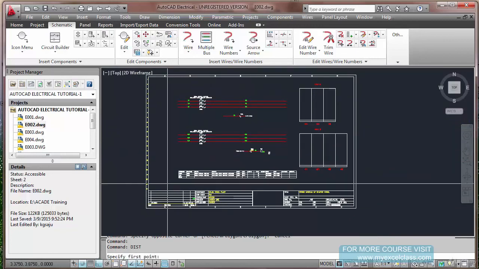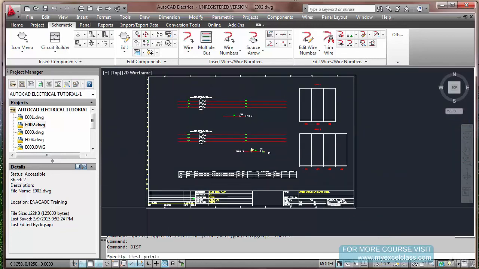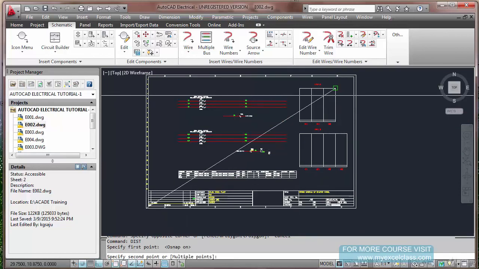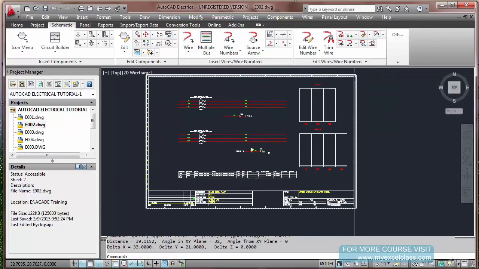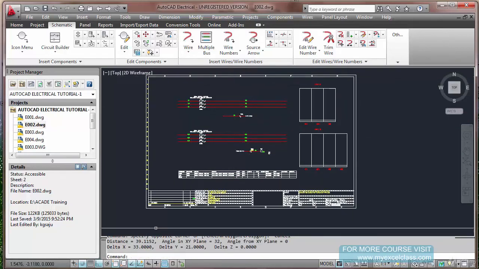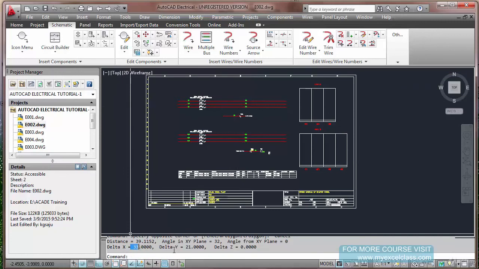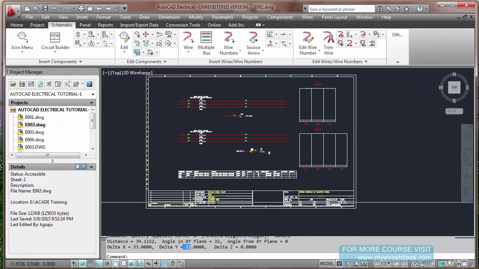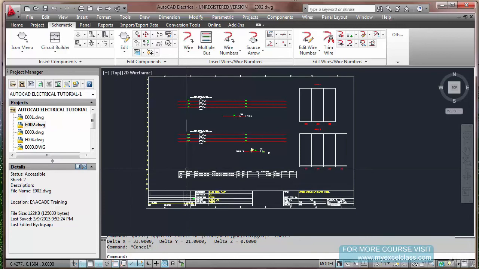If you see this sheet size, X is 33 and Y is 21. Now if someone asks you to change the whole sheet size, scale it by